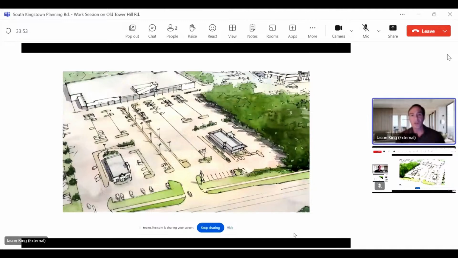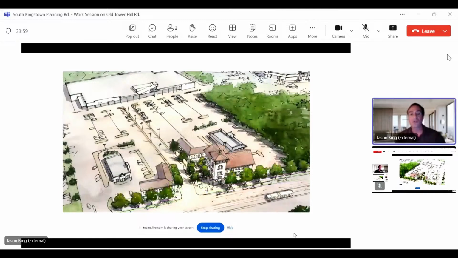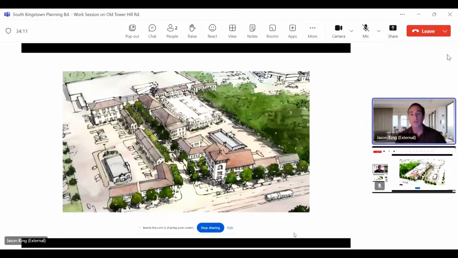Here we see three separated uses. This isn't South Kingstown, but it could be, right? Once you start to allow the mix of uses, residential is very high, as you know, in South County. My gosh, how expensive is it? And so it's a huge incentive to allow residential. If a developer is really going to use an entire site, fill it out to 60% lot coverage, a lot of times a small parking garage would be necessary.